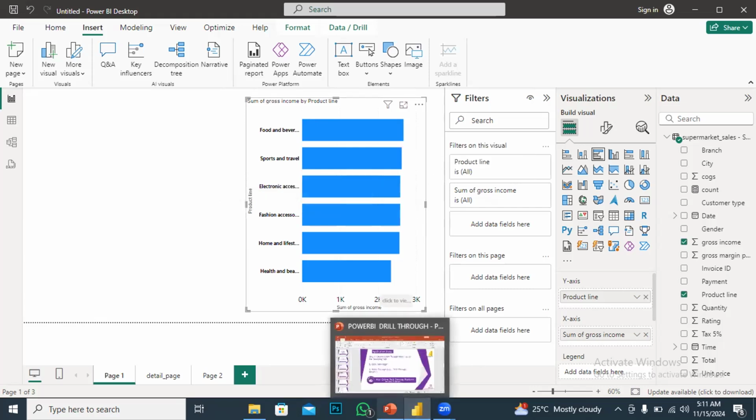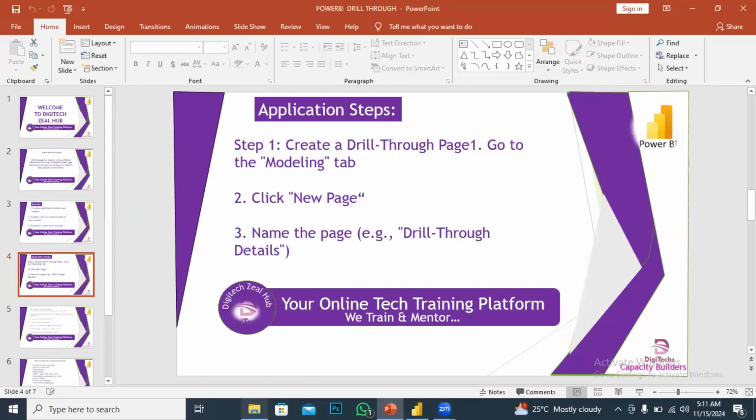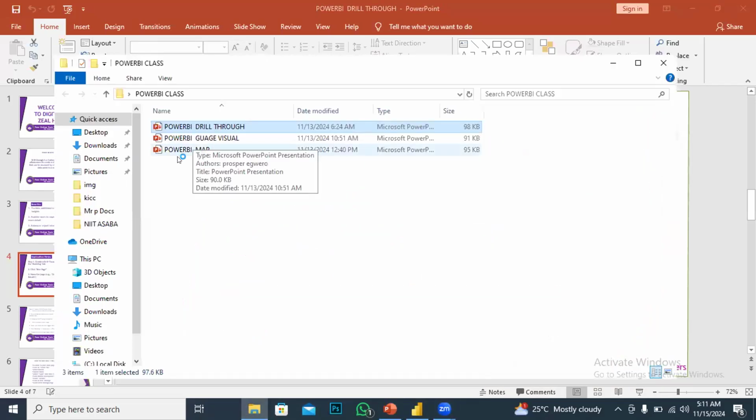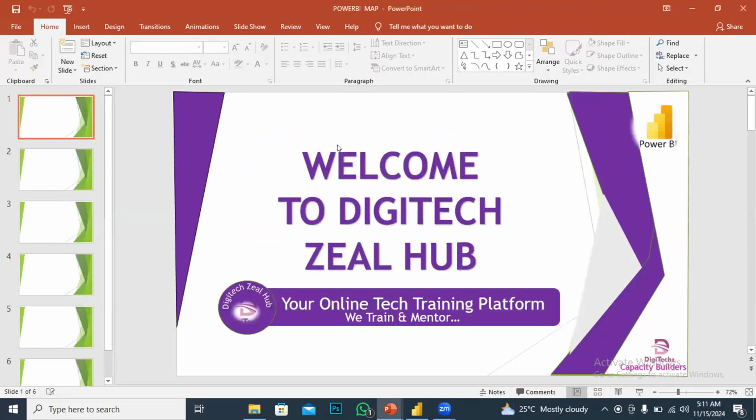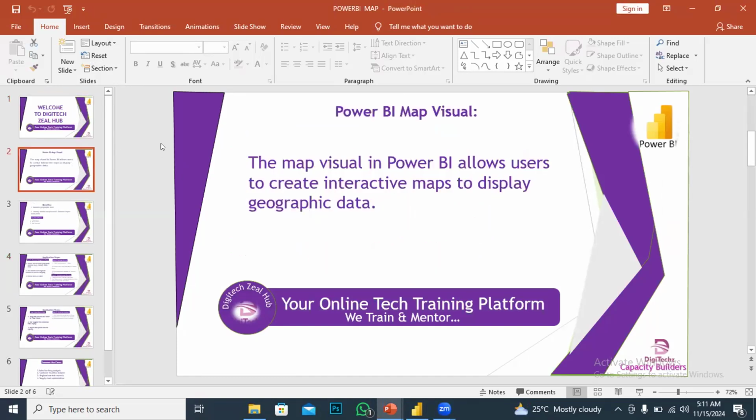Now we move to the next visual, which is Power BI map. I don't know if we have done Power BI map. Have we done that before? No. Somebody should confirm. No. Okay, so the next one is Power BI map. So Power BI map visual